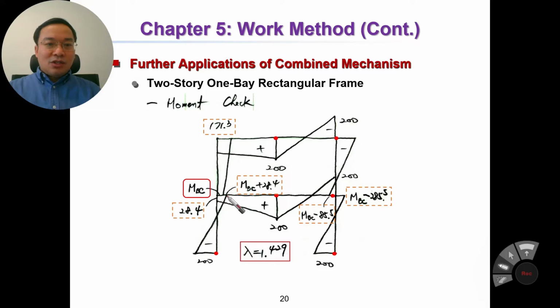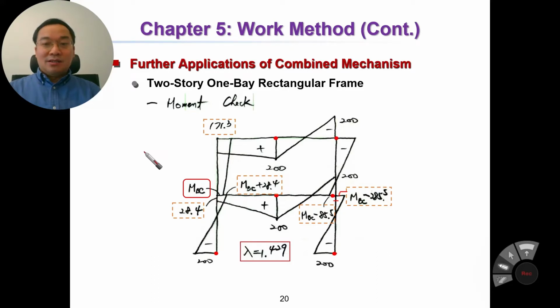At this section, we have MBA equal to MBC plus 28.4. And the moment of this column, MGE, is equal to this one. And this section, the moment is equal to this one, okay? All of the moments of all sections